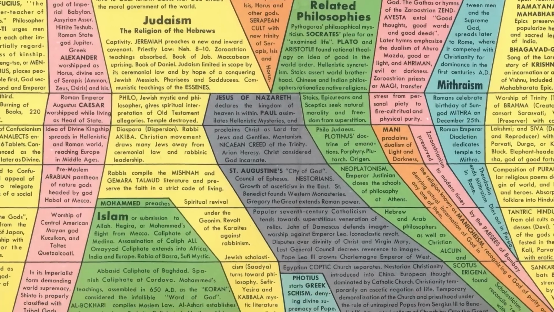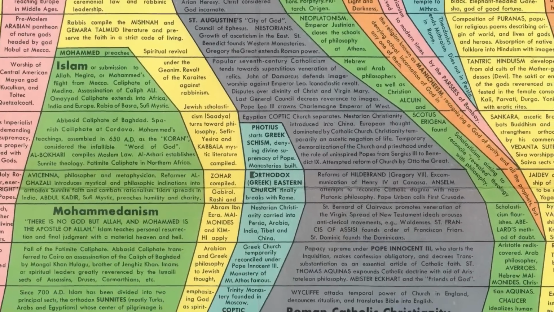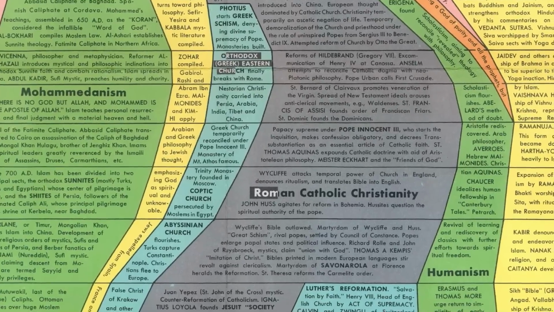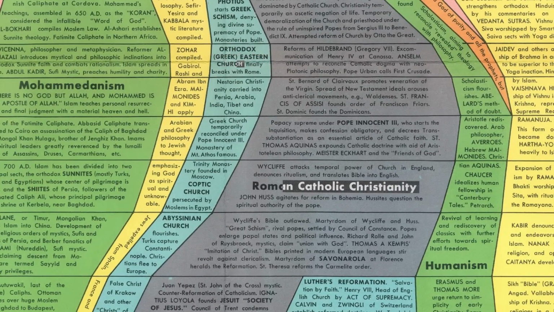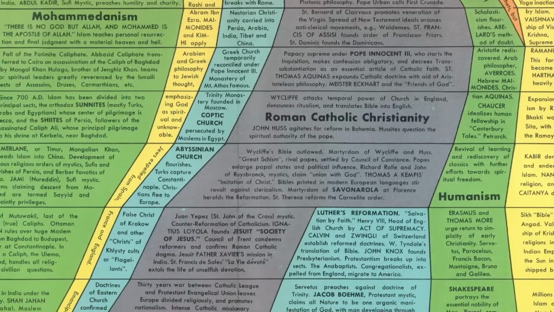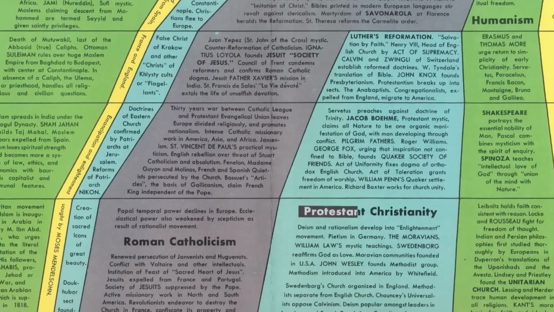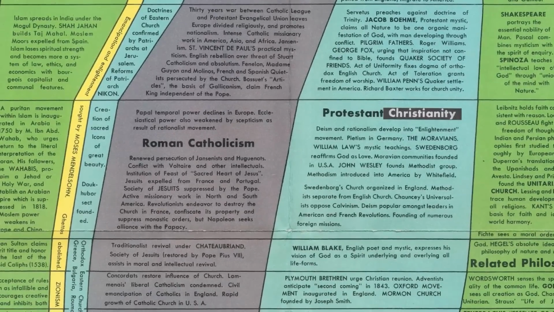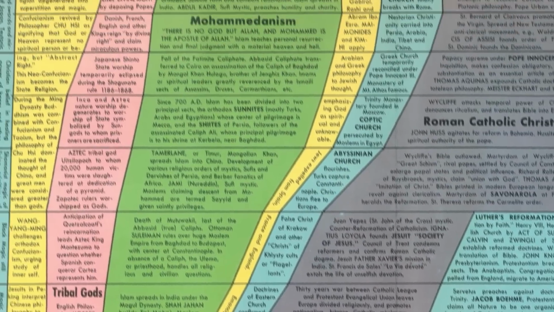Of course, Christianity is eventually shown splitting into Eastern Orthodoxy and Roman Catholicism. It's a bit unfair that the Catholics are shown as keeping the original color, purple, because really each branch has an equal claim to being the original trunk of the tree. If we go down even further, we of course find Protestant Christianity branching off from Catholicism. But before I point out a few things along the bottom, I want to go back up and talk about